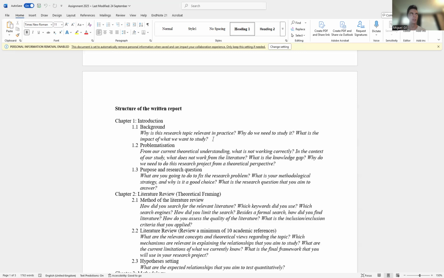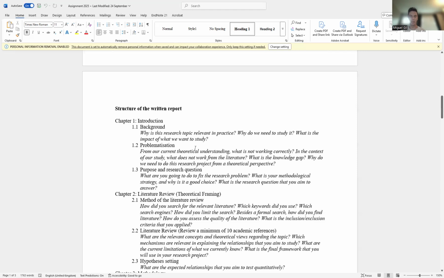Because of that, I think this section is not that hard to write because, as I mentioned in the lecture, it's easy to find relevance in practice. It's more difficult for the next thing, but this one is easy. And when you write, you can use not only research articles, you can also include news articles or reports from consultancy firms or things like that that support your argument that this topic is relevant. So write like that: why is this relevant from a practice perspective? You don't need to write a lot. You can write a few paragraphs, one or two paragraphs is enough.